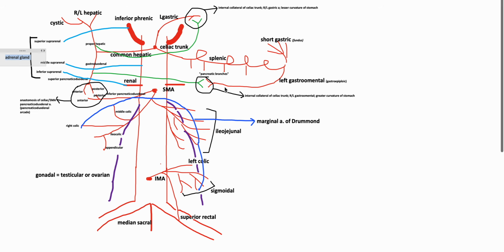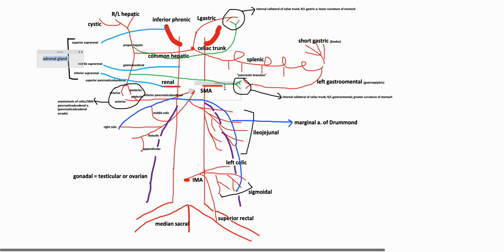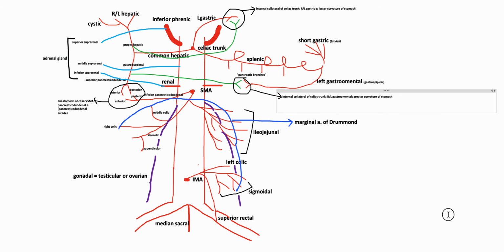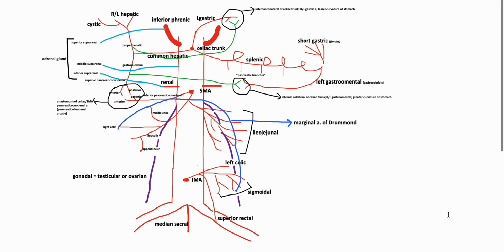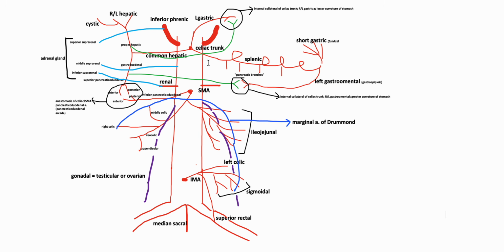All right. This is the basic idea of the abdominal blood supply. So we have drawn the branches of the celiac trunk, the SMA, the IMA, as well as the branches that are supplying structures of the retroperitoneum, such as the renal arteries and the gonadal